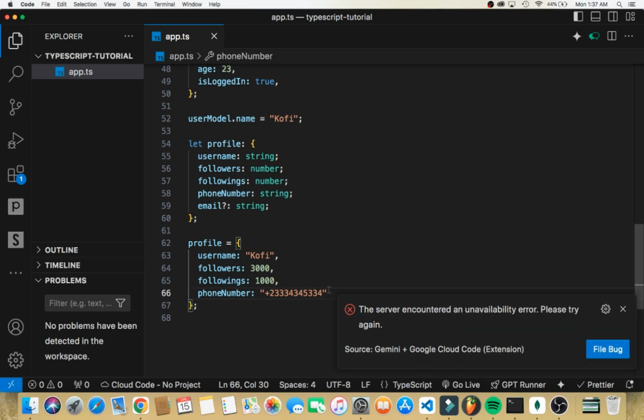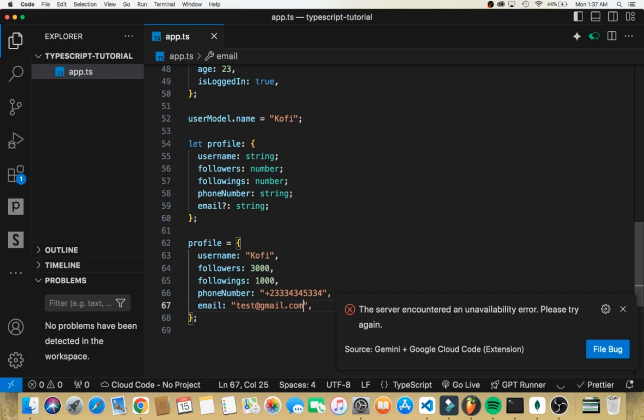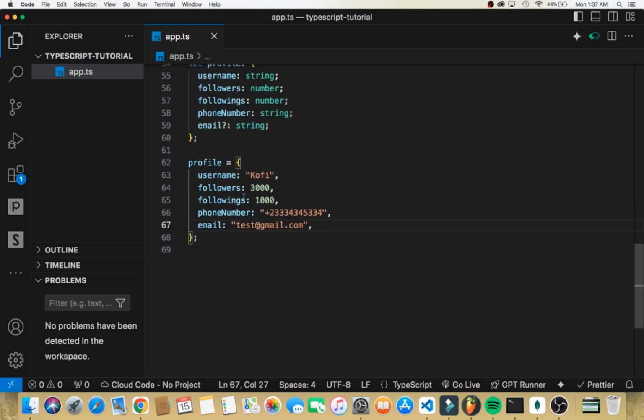So if I add the email right now, let me add the email here. So if I say test at gmail.com, now you realize that regardless of whether it was there or not, there's still no error. But the moment I comment this out, there's an error, right? So basically that's it. That's what I'm talking about. Okay, so now that we know how this conditional thing works,